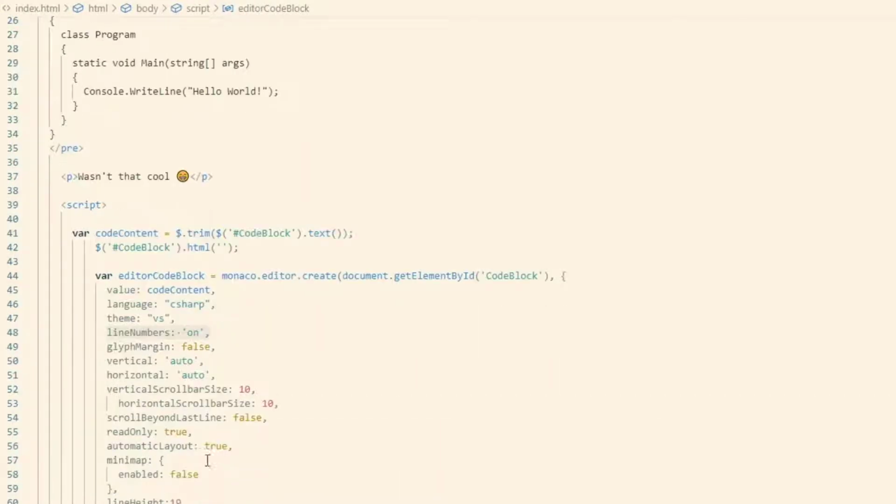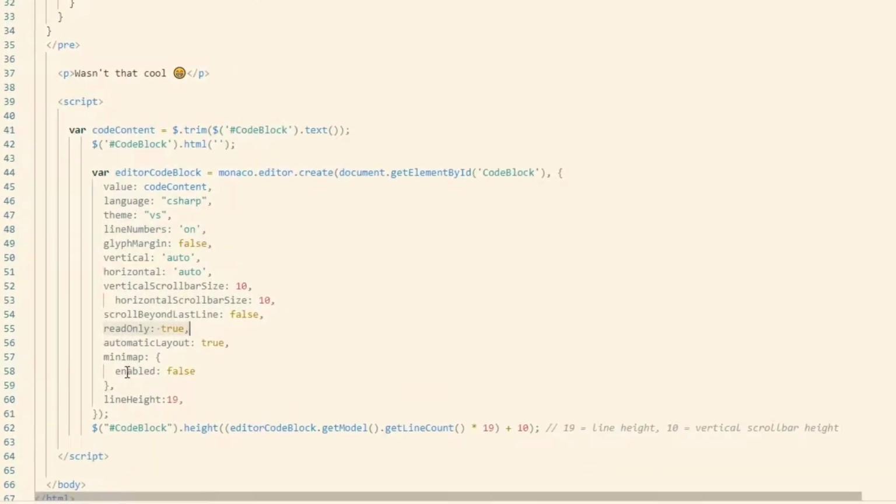We're going to set a bunch of other properties here. You'll notice also that we're saying it's read-only. We're putting the minimap off and automatic layout true, so it'll automatically set the height. And then at the end here we say that the line height must be 19. The reason we're doing it in this case is so that directly afterwards we can say,